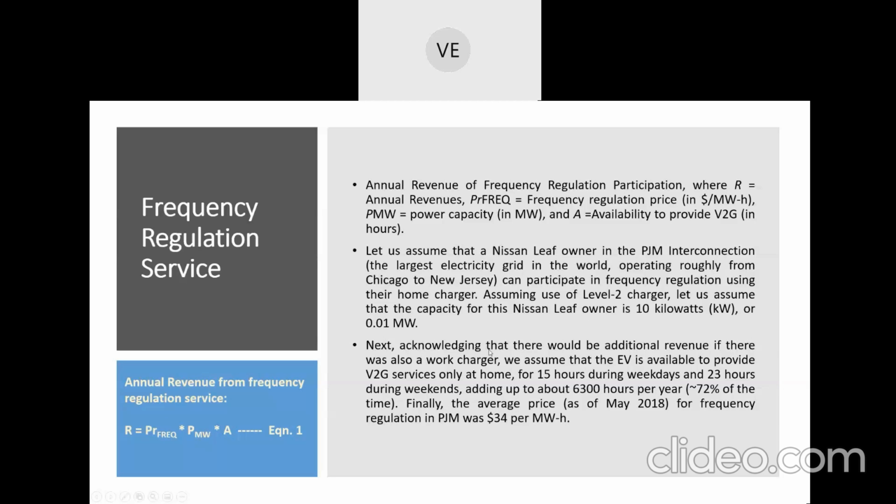Now, next, acknowledging that there would be additional revenue, there was also a work charger. That means if he goes to office, if he is providing some V2G activity there also, he can earn more. But at present, we are not considering that here. We are only assuming that the V2G activity is happening only from home charging. Now, we assume that the EV is available to provide V2G services